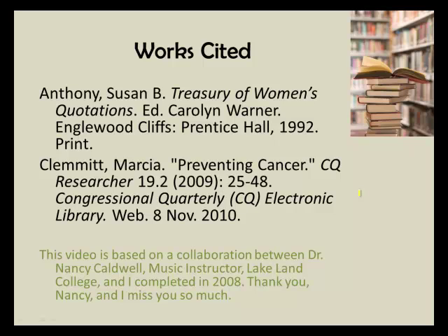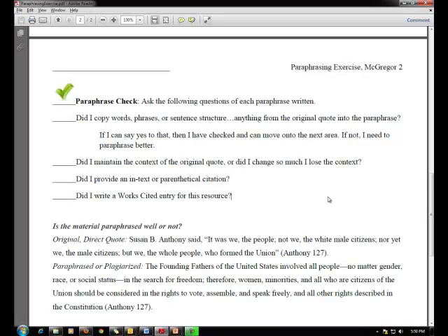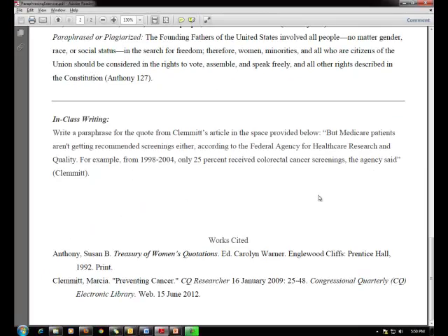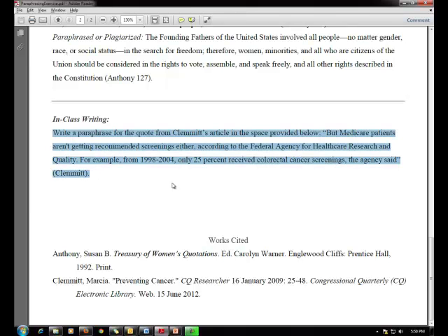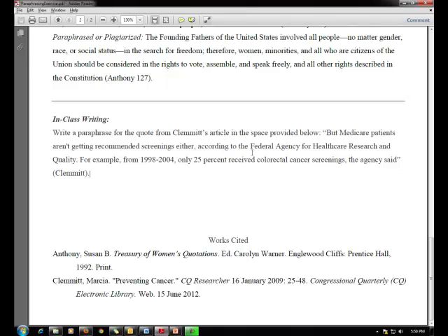Well, here's my works cited entry, and you can see that there's another citation on here. One of the things that I want you to do is to make sure that you take that in-class writing assignment, the Clement article that's in your paraphrasing exercise. If I look down my paraphrasing exercise, I have an actual quote, again, that I could practice with. If we examine this quote and we look at the pieces of it to see, okay, what do I need to paraphrase and what don't I need to paraphrase, we could look at this and say, Federal Agency of Healthcare